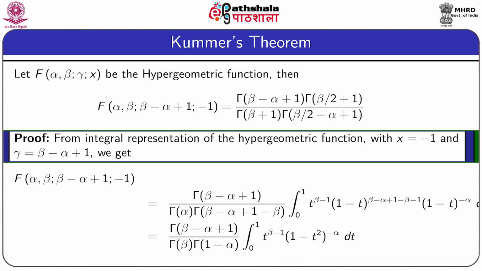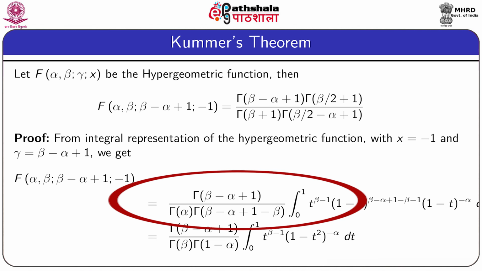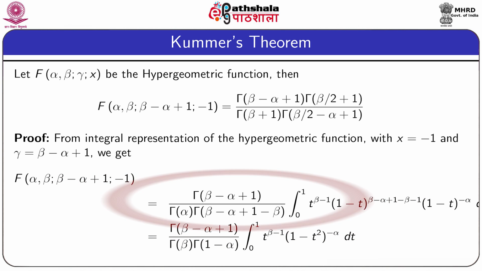Here we use the integral representation of the hypergeometric function with x equal to minus 1 and gamma equal to beta minus alpha plus 1, and we will get the required expression is equal to gamma function beta minus alpha plus 1 divided by gamma function alpha, gamma function beta minus alpha plus 1 minus beta, integration 0 to 1 t to the power beta minus 1, 1 minus t to the power beta minus alpha plus 1 minus beta minus 1, 1 minus t to the power minus alpha dt, which after simplification gives